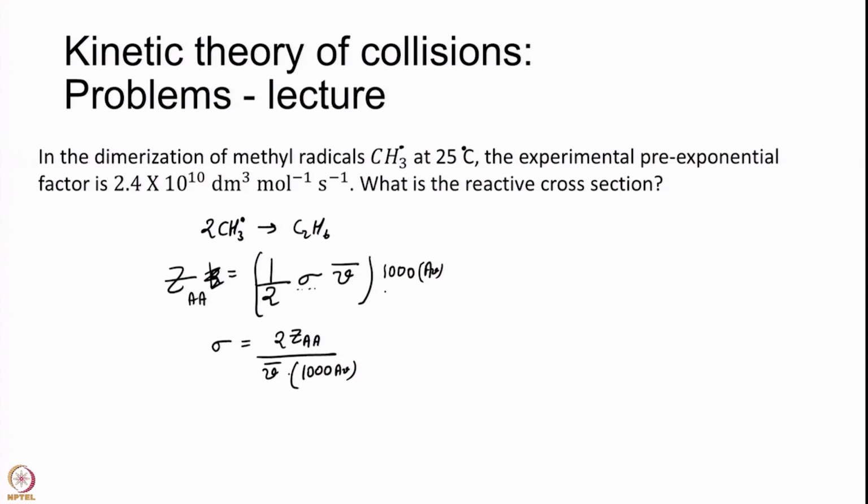So, I have to calculate nu bar now, again it is 8 kT over pi mu, mu is equal to m of CH3 into m of CH3 divided by m of CH3 plus m of CH3. This is nothing but m of CH3 divided by 2, okay, which is close to how much? I have this written down here,